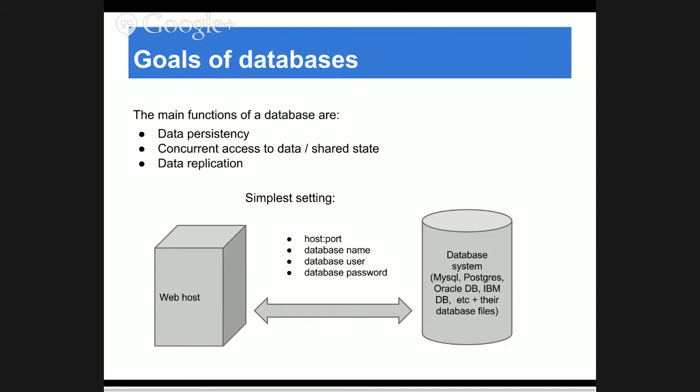Another thing that they give you is data replication. If you are doing a slightly serious application, you don't want to have a single database only, because then if the database dies or crashes, or something happens to the machine that hosts it, then you have no database. But databases know how to replicate themselves. For example, I can say, okay, fine, I create 3 databases. One is the active copy, and then there are 2 replicas.